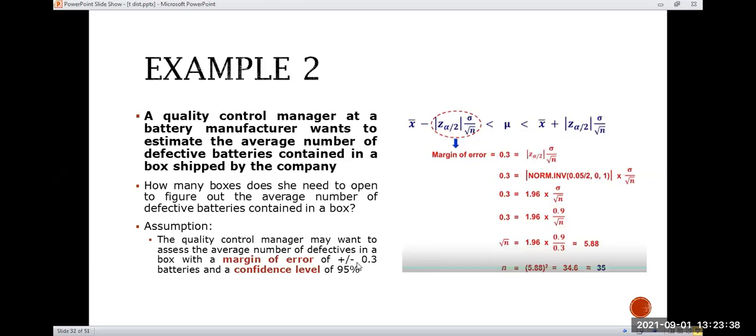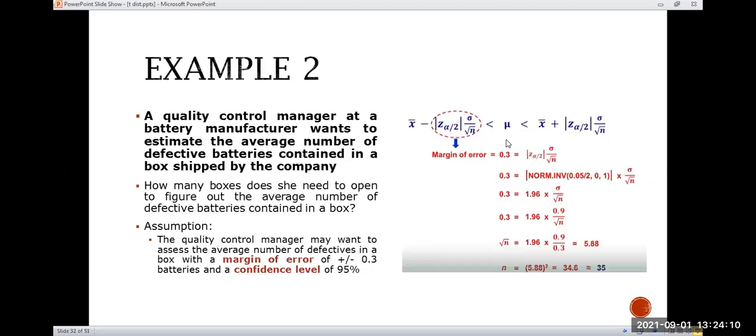Margin of error is one value which we are assuming plus or minus 0.3%. Now, once we have made the assumptions, this is just for the problem which we are doing now. In the questions which I will give you, your confidence level and your margin of error will be mentioned, so you don't have to make any assumptions. Sometimes only the margin of error will be given and the confidence level will not be given. Then you can assume it as 95% by default.